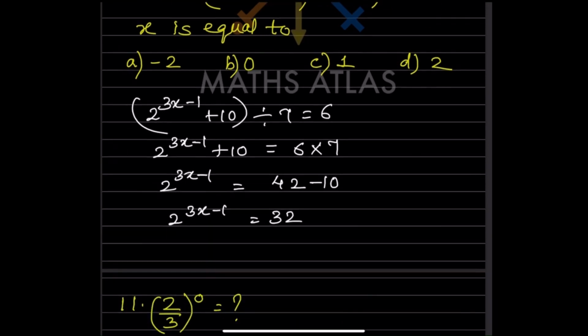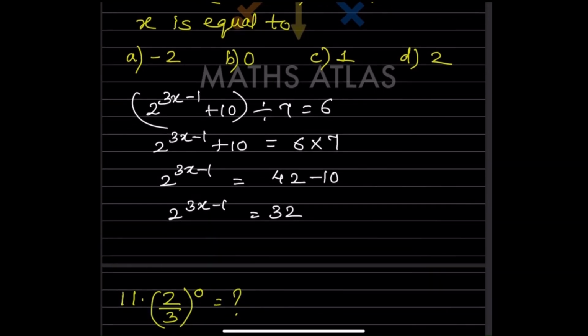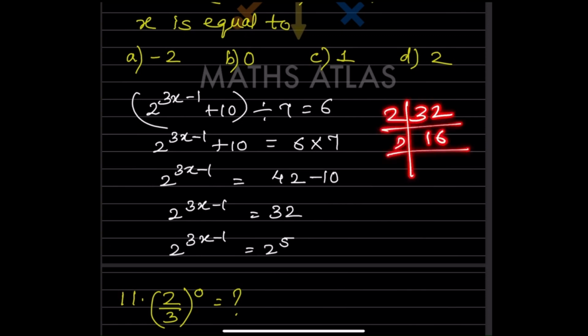So now you can see here, everything is different. So now you can write this 32 in the form of 2's. So when you factorize it, you know that 2 raised to 5 is 32. You can multiply and see. If you don't know how to do it directly, you can take the factors of it, prime factorization method. So 1, 2, 3, 4, 5. So 2 raised to 5.